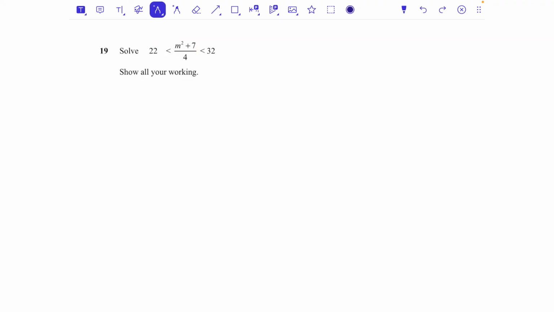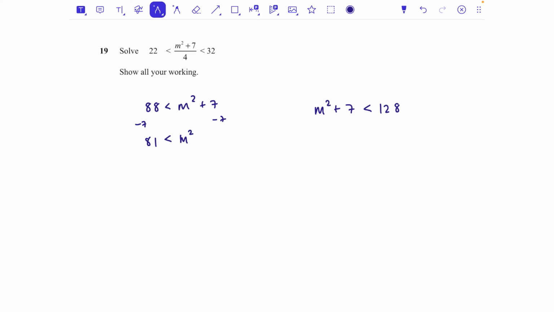Or you can try and work with it as all 3 things. I think I'm going to split them. So I'm going to start by multiplying by 4. So 88 is less than m squared add 7. And if I'm timesing by 4, m squared add 7 is also less than 128. 4 times 32 is 128. Okay, so m squared is greater than, if I'm taking 7 away from both sides, 81, which means,